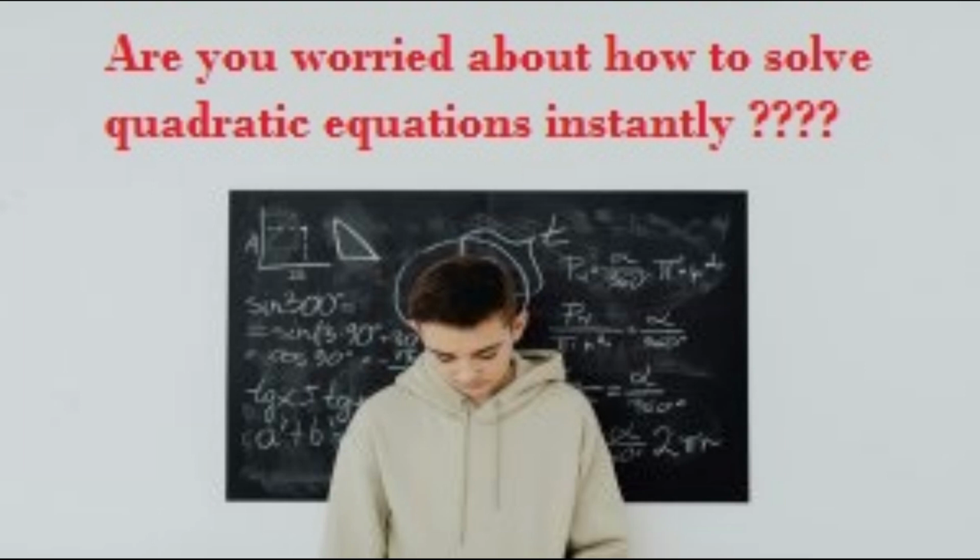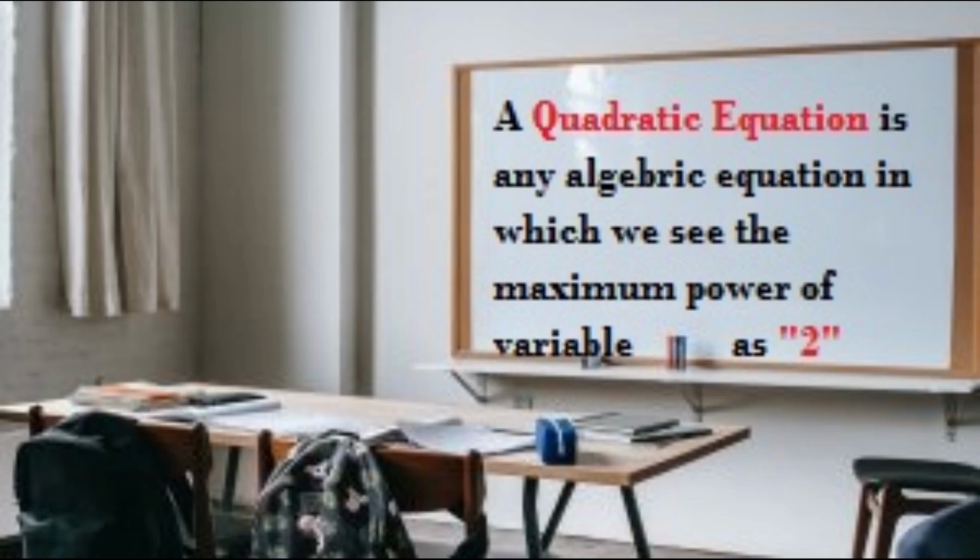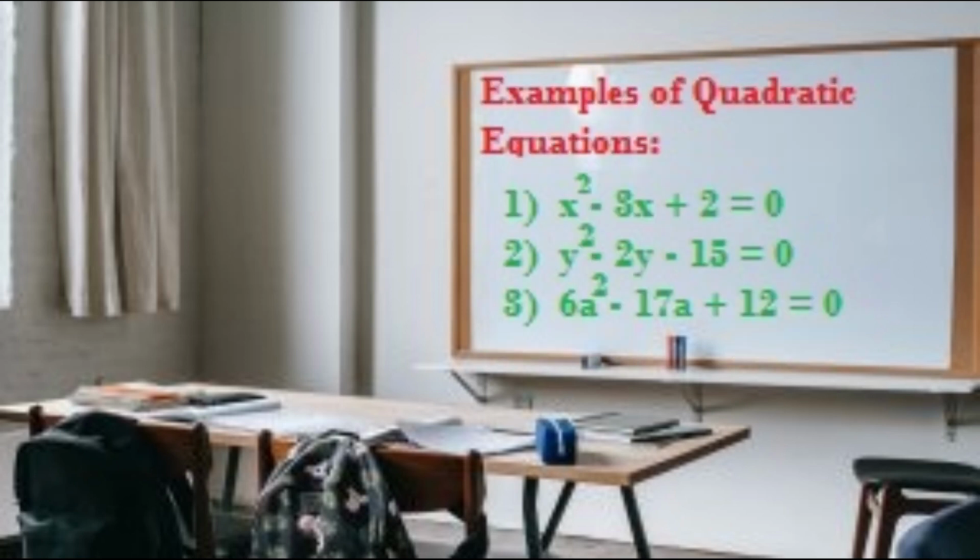So let's start. By definition, a quadratic equation is any algebraic equation in which we see the maximum power of the variable is 2. You can see the examples of three quadratic equations here on the screen. In the first quadratic equation, x is a variable with maximum power 2. In the second, y is a variable with maximum power 2. And in the third equation, a is the variable with maximum power 2. So the variable can be any alphabet,